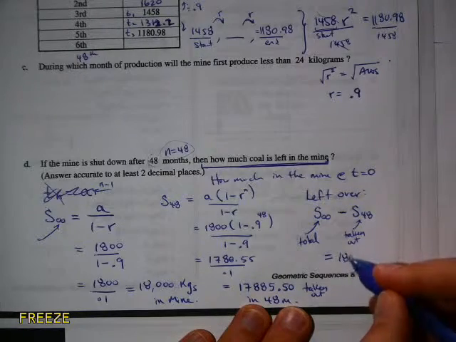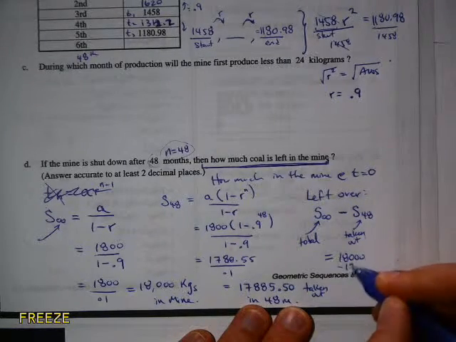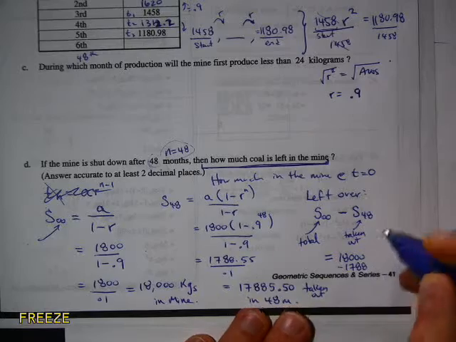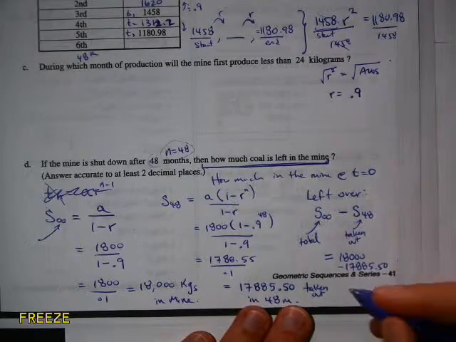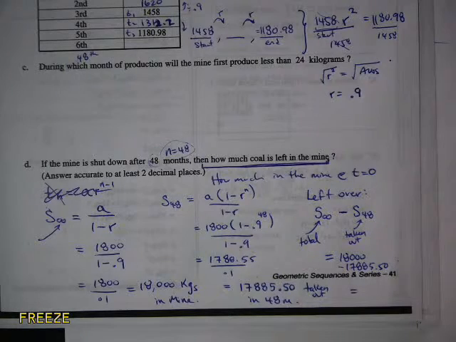So that's 18,000, take away 17,885, and that becomes